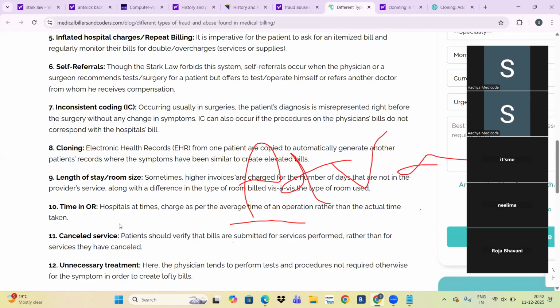Okay. Next, note down: coding without medical necessity can be fraud as well as abuse.